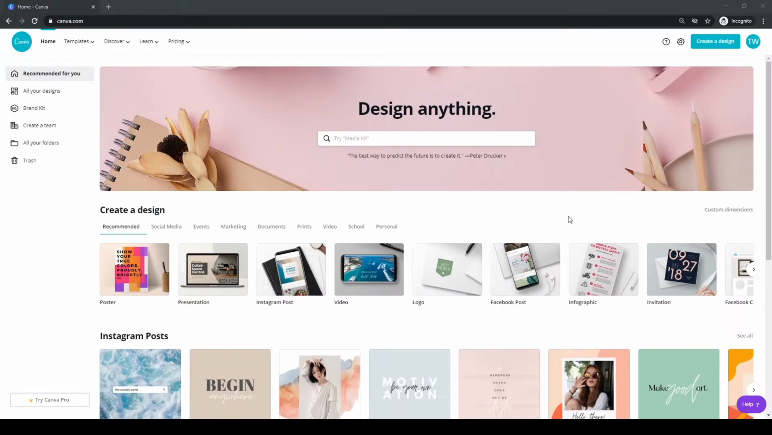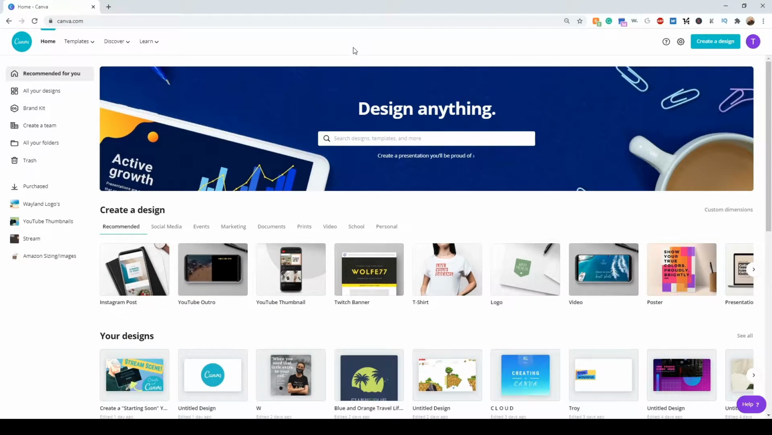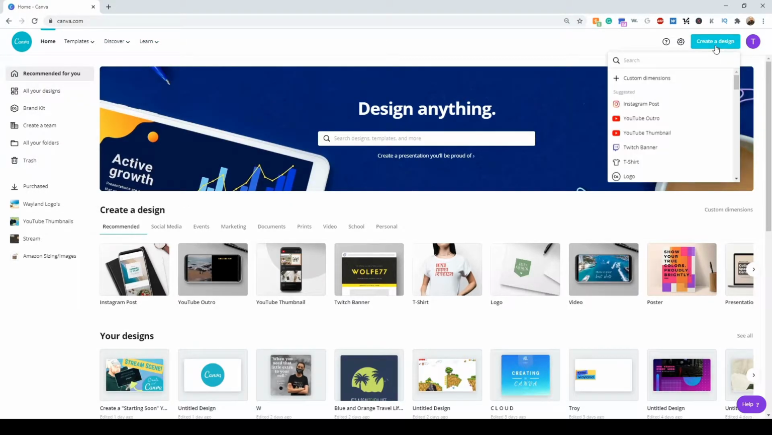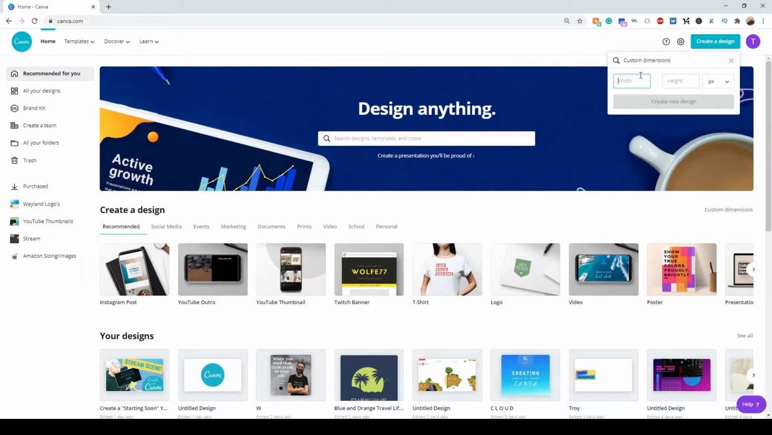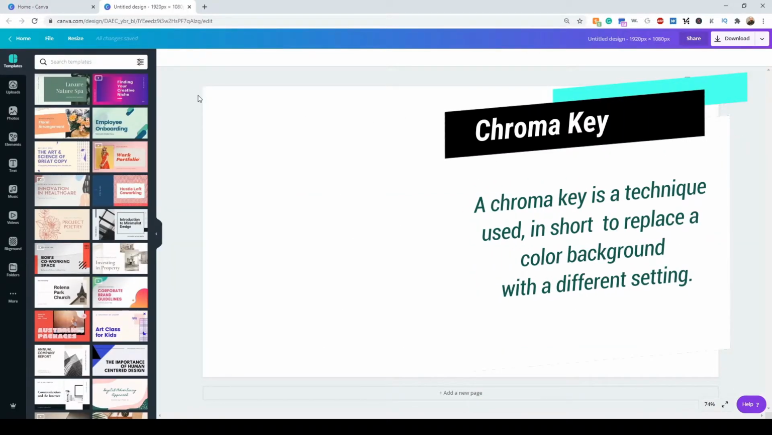So once you have your account set up, it'll look pretty plain, right? This is what we're looking at. But I'm gonna go ahead and hop over here to my account. Design, custom dimensions. Anyone can guess, it'll be a 1920 by a 1080. And what we're gonna be doing here is we're gonna be working with,